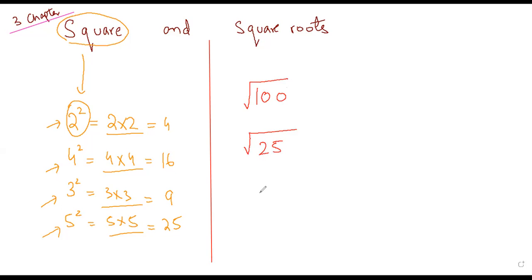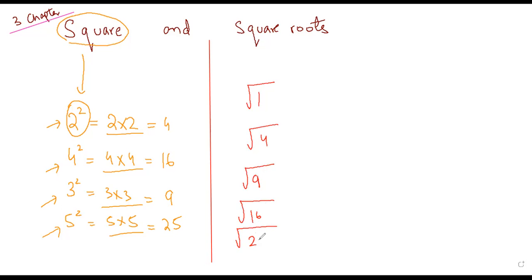अब आप हर नंबर का स्क्वायर रूट फाइंड नहीं कर सकते, आप सिर्फ कुछ स्पेसिफिक नंबर्स का स्क्वायर रूट फाइंड कर सकते हैं, ठीक है? Let me write it down more neatly. स्क्वायर रूट ऑफ 1 फाइंड हो सकता है, स्क्वायर रूट ऑफ 4 फाइंड हो सकता है, स्क्वायर रूट ऑफ 9 फाइंड हो सकता है, स्क्वायर रूट ऑफ 16 फाइंड कर सकते हैं आप लोग,